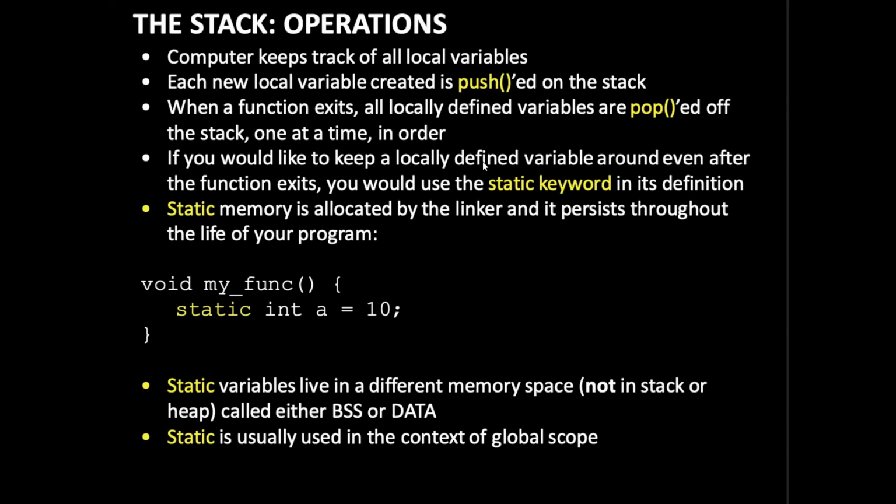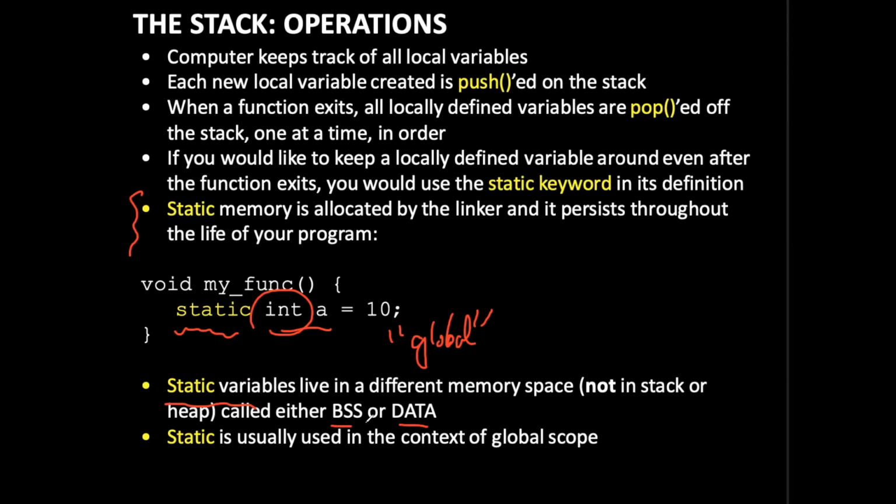Let's go through some of the examples to illustrate memory management in your programming language. Static memory is allocated by a linker and it persists throughout the life of your program. Remember, static variables, depending on whether the variable is initialized or uninitialized, are stored in various different memory compartments. This static variable is not in heap or stack, making it sort of, quote unquote, globally accessible. You can think of this static variable as a global variable now because it could be retrieved and stored in